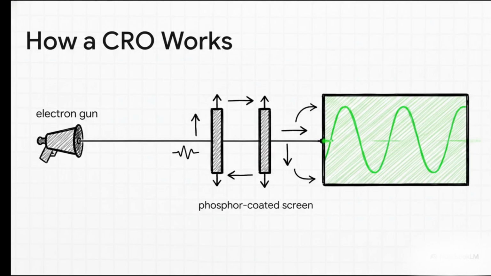It is so ingenious. Okay, you've got an electron gun that shoots a focused beam of electrons. The electrical signal you want to see, that's your input voltage, is used to steer that beam up and down. At the exact same time, another circuit sweeps the beam steadily from left to right. And when this speeding beam hits the special phosphor coating on the screen, it makes the screen glow, literally drawing the signal's shape for you in real time.